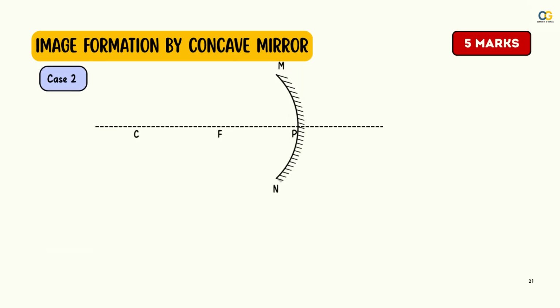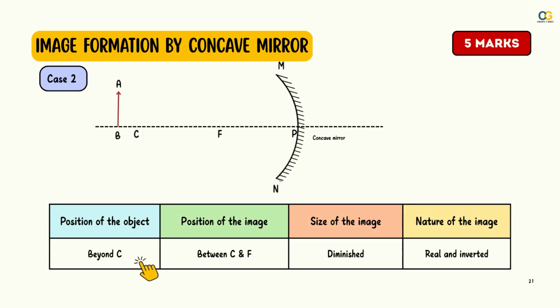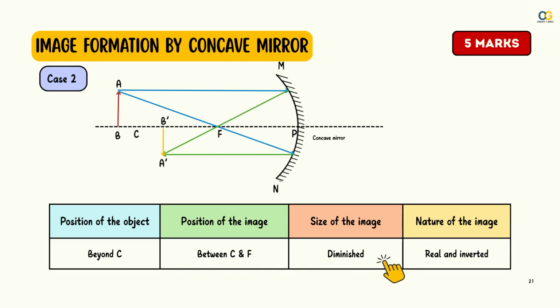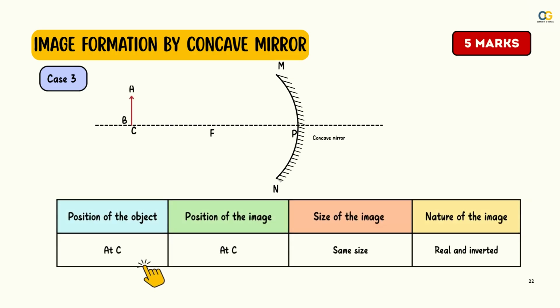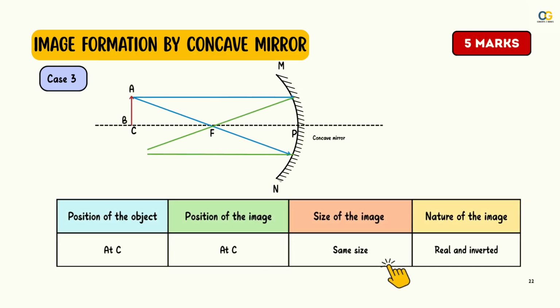Case 2. If the object is moved to beyond C, the position of the image will be between C and F. The size of the image will be diminished. The nature of the image will be real and inverted. Bringing the object to at C, the position of the image will also be at C. The size of the image will be same as that of the object and the nature will be real and